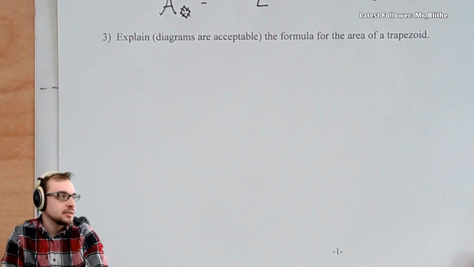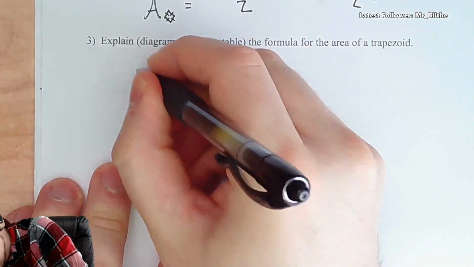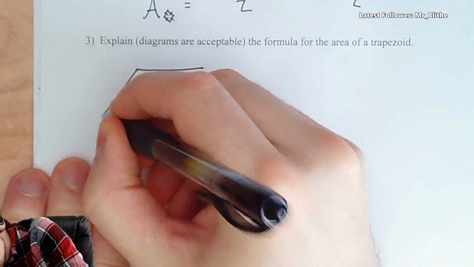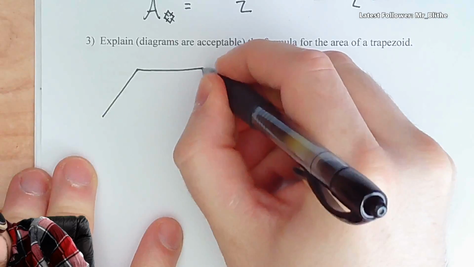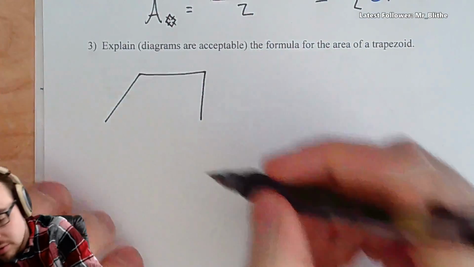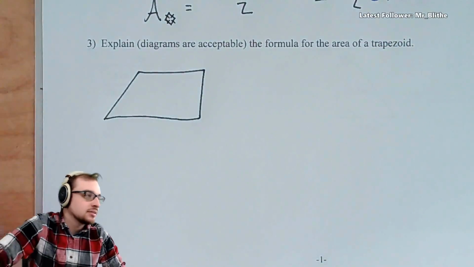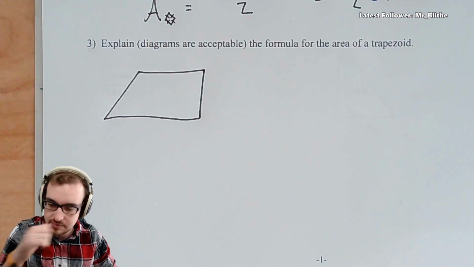So I'm going to draw a trapezoid. So maybe something like this. You can draw a trapezoid that has one leg sticking out and one leg going straight down. That's totally fine. You can also do it where both legs stick out. That's a terribly drawn trapezoid. All right, so